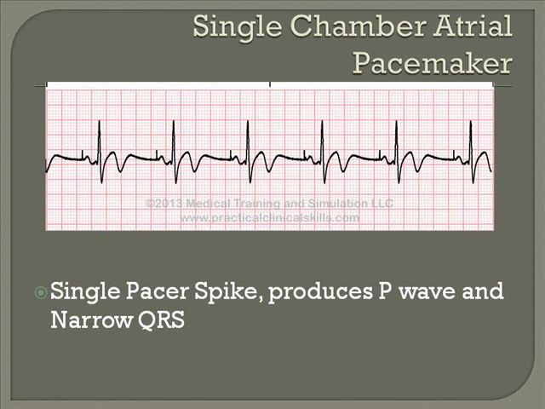These are artificial pacemakers implanted in the body. They produce small electrical spikes. If you look at this particular rhythm, you'll notice that single spike before each P wave. And if you have a spike before a P wave that then creates a narrow QRS, then you have a single chamber atrial pacemaker. It is just in the atria generating a pulse, which then travels down through the system, creates a normal